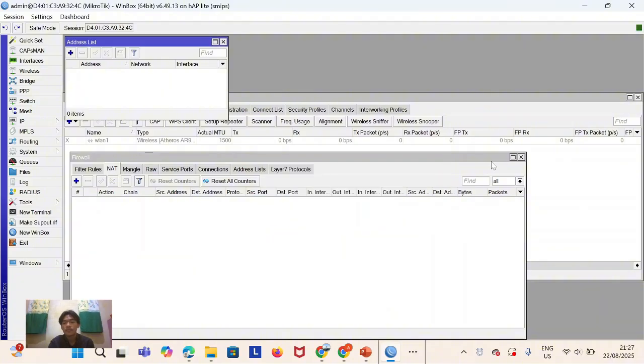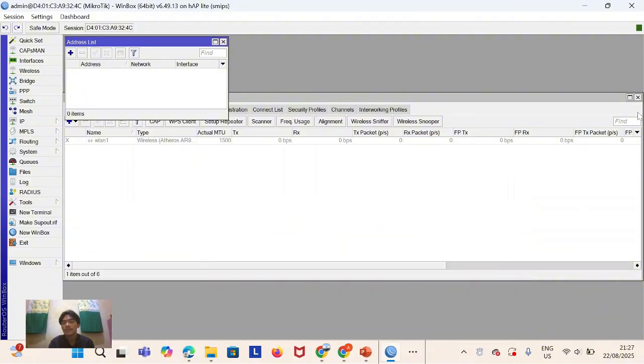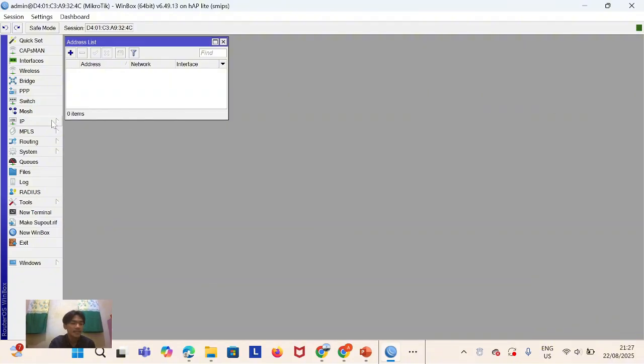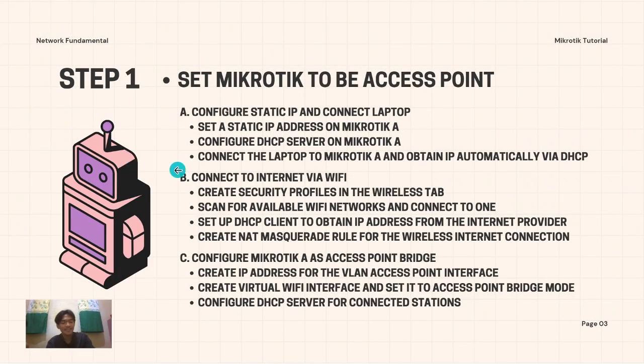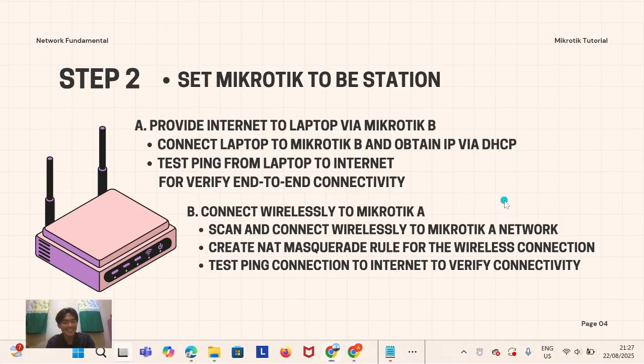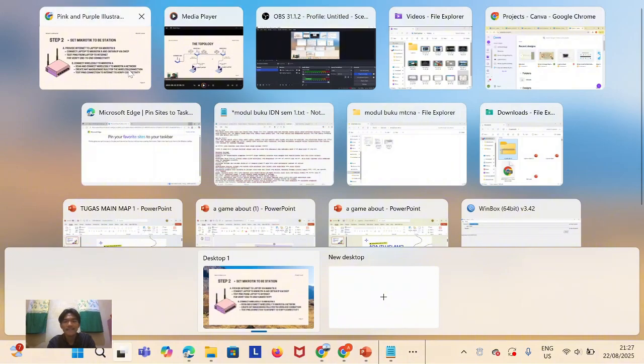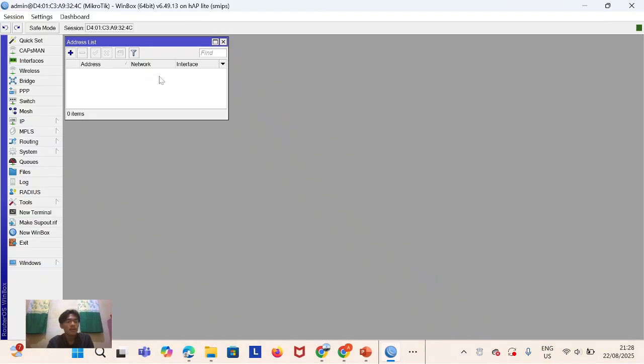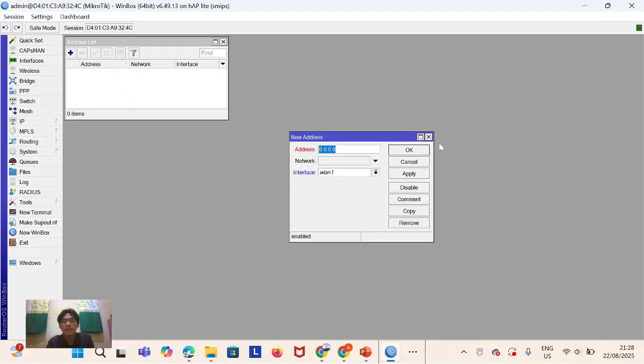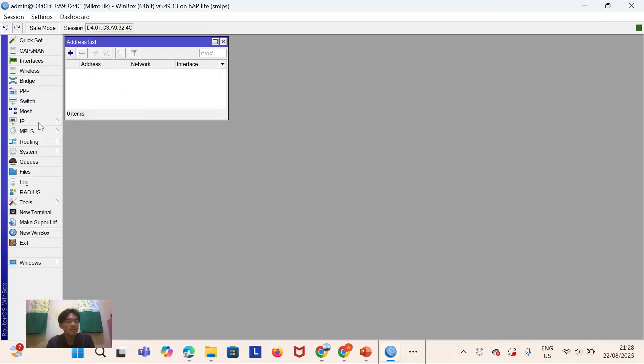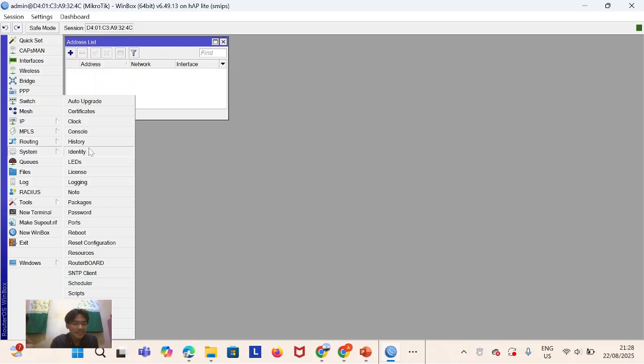First you can set the identity. Sorry, guys. And yes, after that you can create. Oh yes, before you make the IP address, you make the identity first.